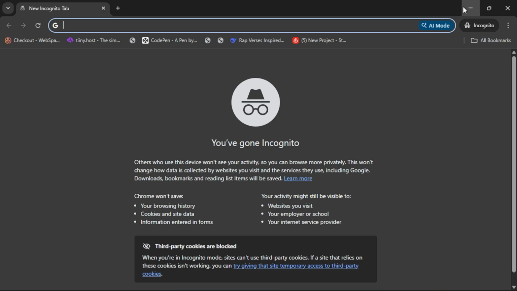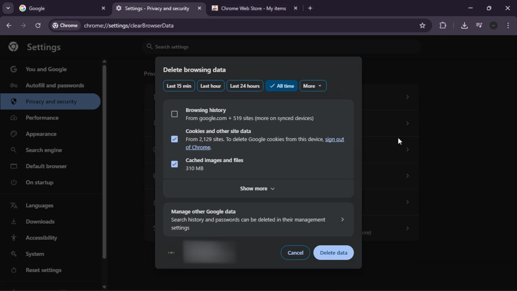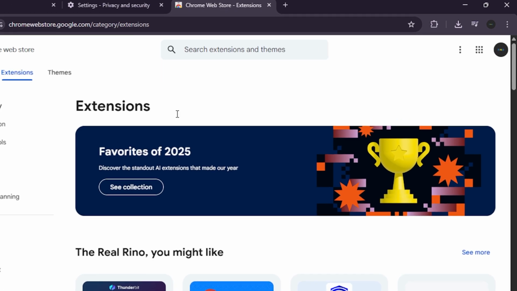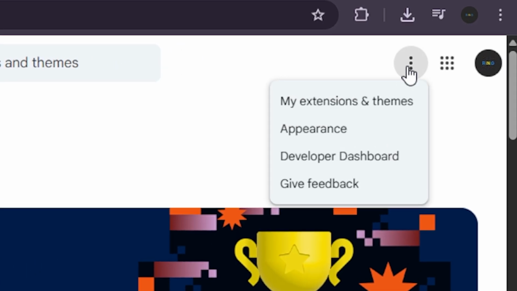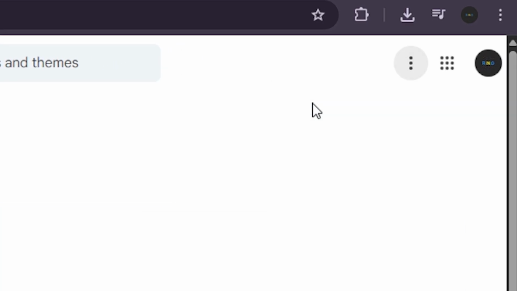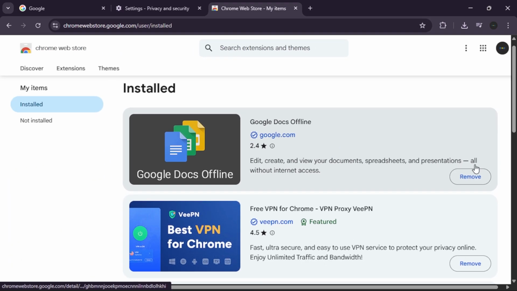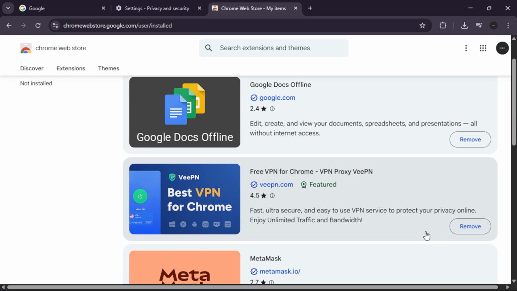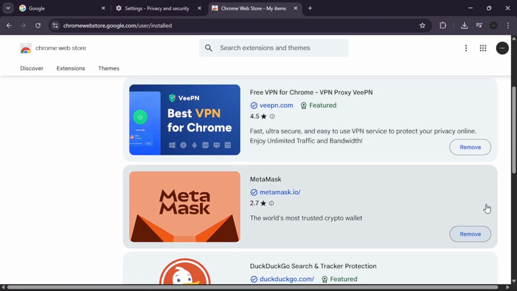Next, execute a system extension audit. Navigate to Chrome extensions and toggle off all extensions one by one. Pay specific attention to ad blockers or developer tools that might be modifying the header data sent to the server. It removes the accumulated data weight from your system, ensuring your build functions with fluidity during